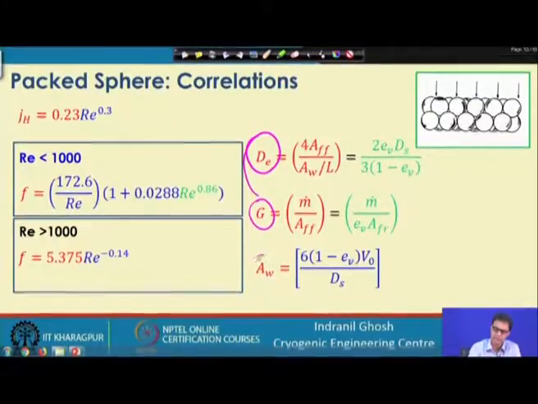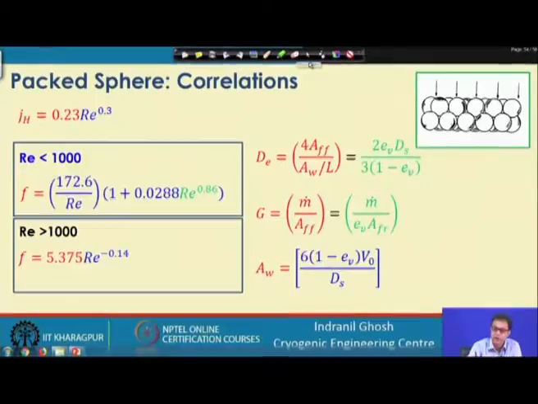Another parameter which will be of importance is the surface area. This surface area is related to this ds, the mean diameter of the sphere, and this is again correlated to this void, and V0 is the volume associated with this regenerator. All this will finally be used at the appropriate time when we design or simulate these